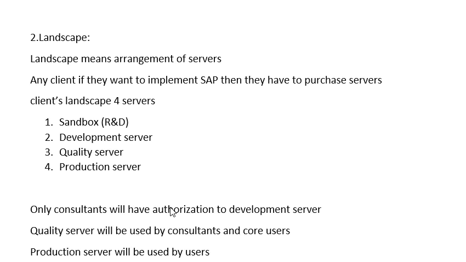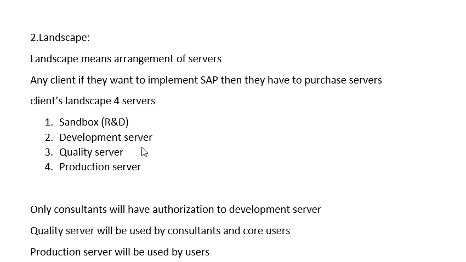The next step is landscape. Landscape means the arrangement of servers. Any client that wants to implement SAP has to purchase servers. In general, the client's landscape will be 4 servers: sandbox, which is nothing but R&D, development server, quality server, and production server. In the development server,